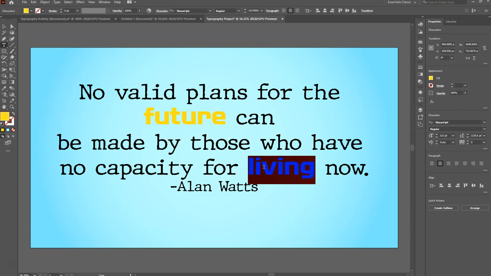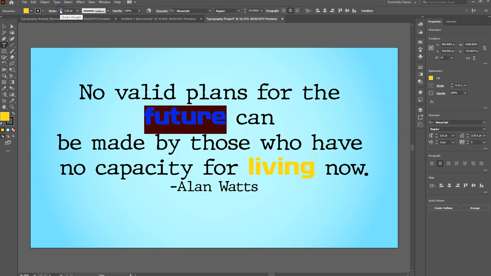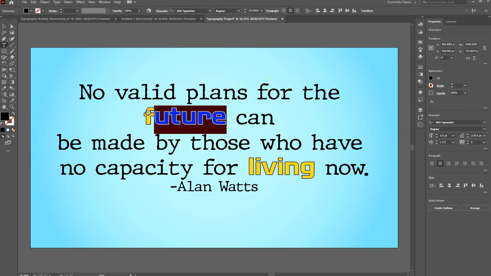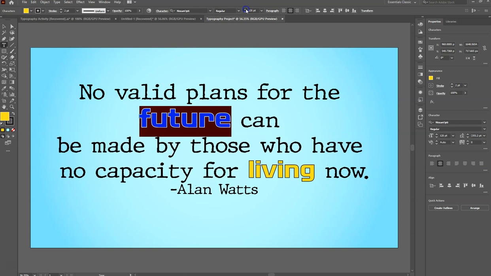Pick the same color, and you can add a stroke, for instance, and in this case I could just add a black stroke and it'll make it kind of pop more from the background. It kind of, whatever they call it, delineates the space. And I can also do the same thing here, and I like it okay, but normally if I want to make text stand out, I might make it a little bit bigger. So I'm going to bring that up a little bit